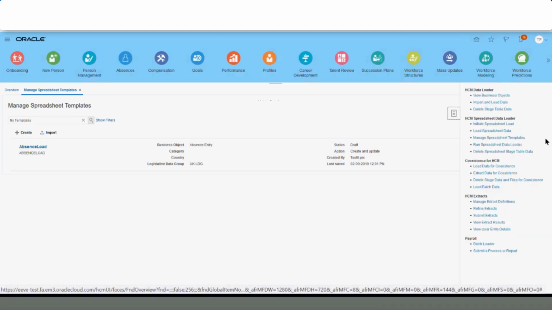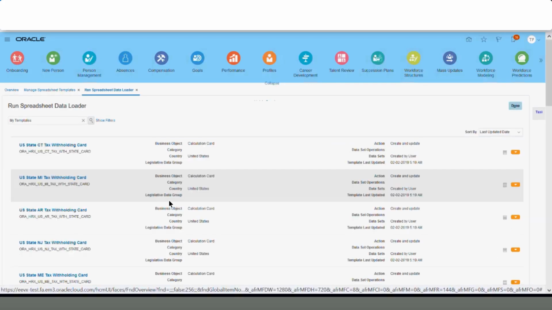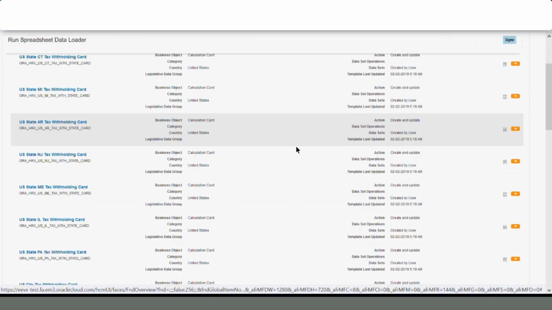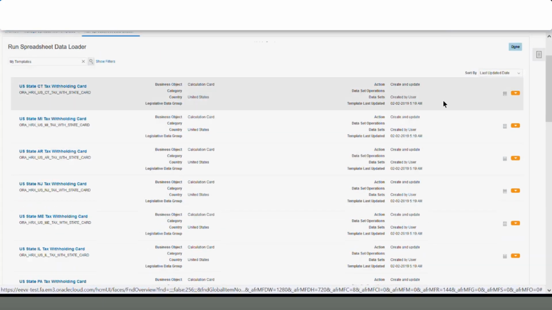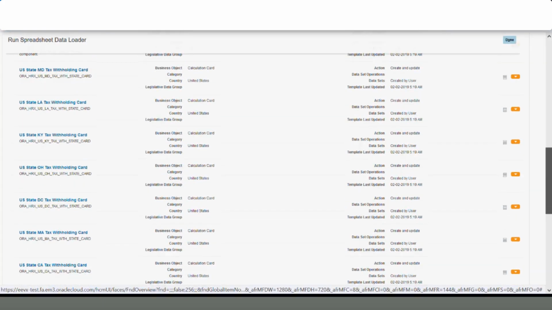So let's see the templates available in the spreadsheet loader. I already mentioned that spreadsheet loader supports most of the business objects supported by HDL, right? These are the objects available to load using spreadsheet loader.